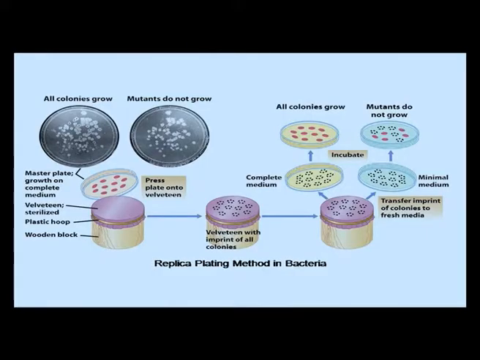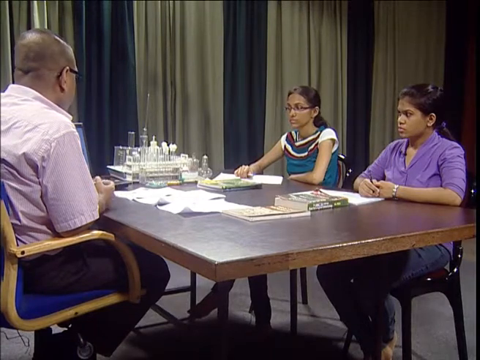They took a bacterial plate, and this bacterial plate was placed on a typical velvet paper, and this velvet paper was later transferred to a new petri plate containing the medium, and thereby the pattern of the colonies in the original plate was replicated. So two things happened this way. One is rapid replication of the same bacteria. Number two is that this particular bacteria could develop resistance against a particular antibiotic.